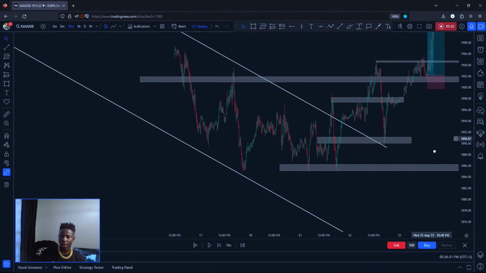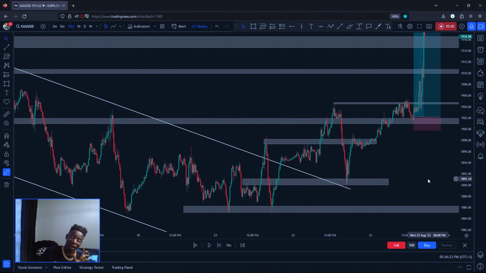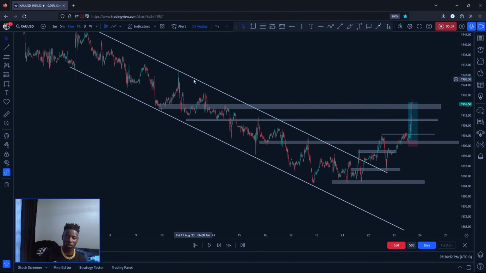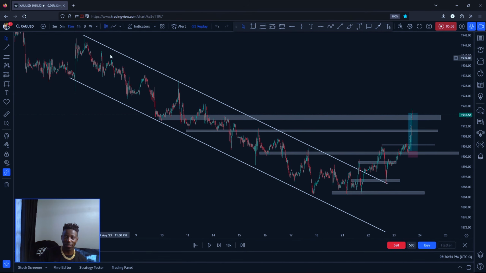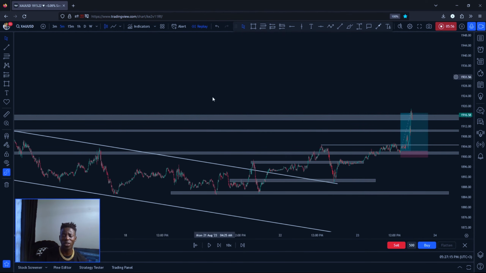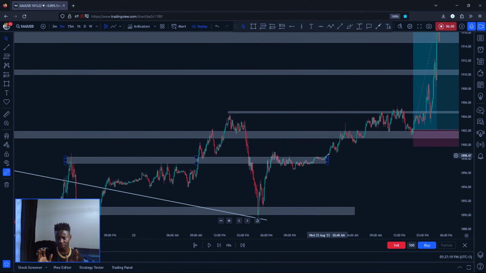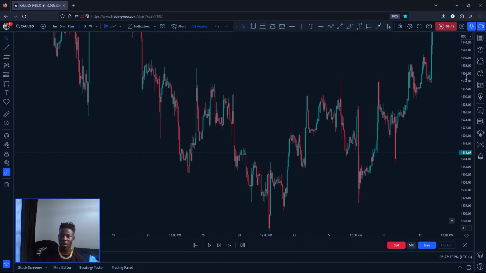What is the entry? For the entry, we look at chart patterns or candlestick patterns. You can make your entry from 15 minutes or 5 minutes, but I prefer 15 minutes to draw the trend line or any chart pattern. You can see this channel going all up. Then on 5 minutes, you look for an entry trigger, which is a candlestick pattern. You get? So in the next video, I'm going to break down the most trusted candlestick patterns. These things happen every time.